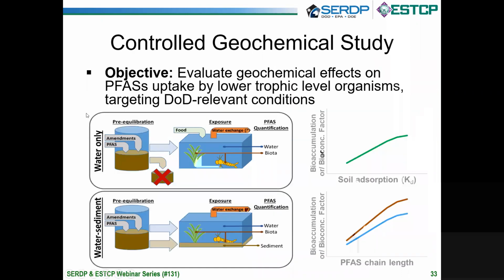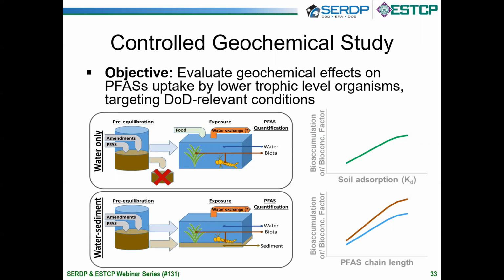The second study, which is led by Drs. Erica McKenzie and Chris Salas, is a controlled geochemical study. Here, the objective is to quantify the effect of key physical and geochemical factors on PFAS bioavailability and uptake rates from both sediment and water to select lower trophic level organisms. The objective here is also to target DoD and environmentally relevant conditions. The geochemical effects that we'll be considering include solution chemistry, organic carbon concentrations, and temperature, and the results will be used to quantify both bioconcentration factors as well as bioaccumulation factors,